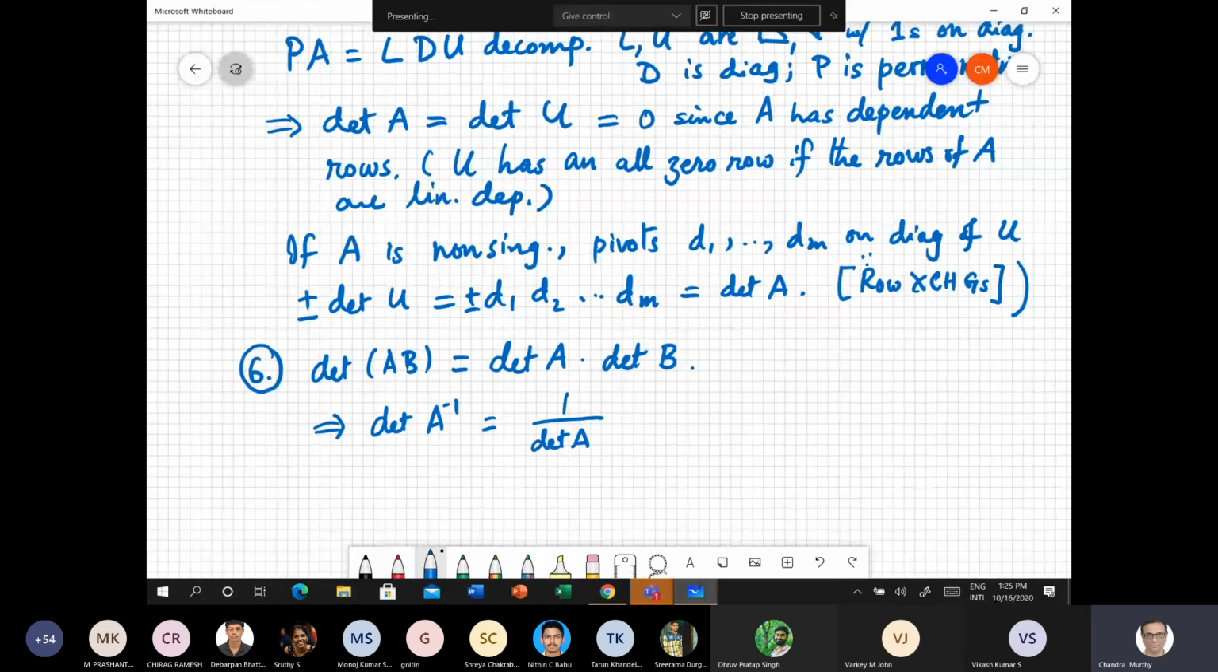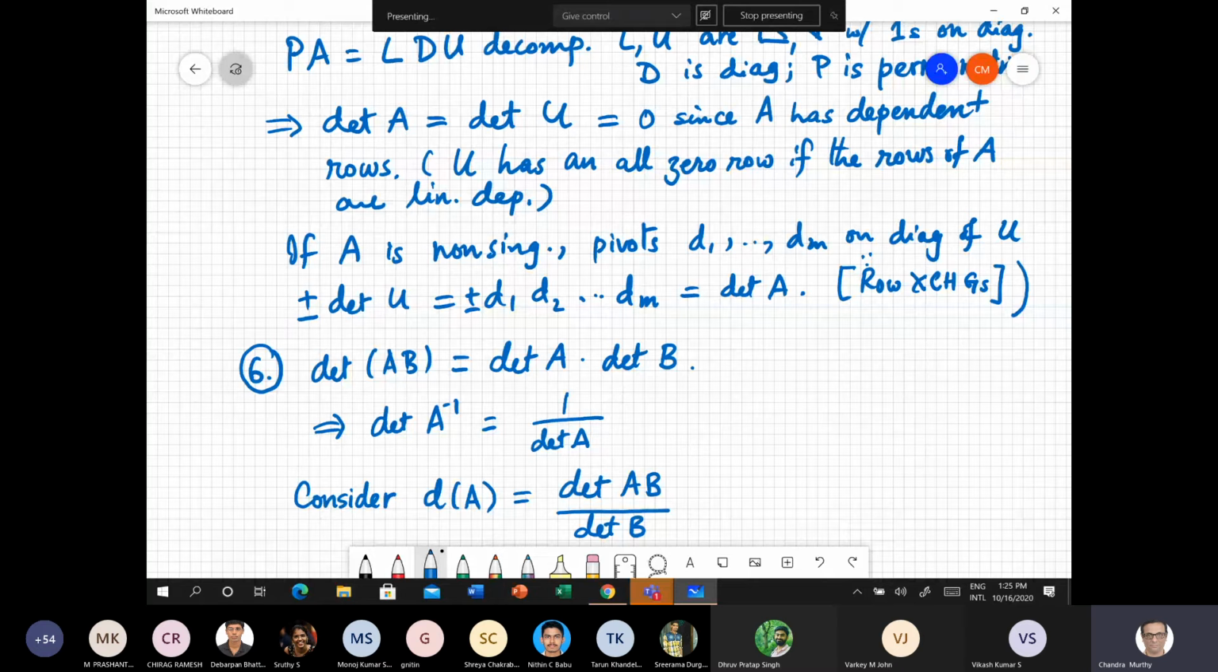I'll give you one proof here. There's another proof in the textbook which you can potentially look up on your own. One simple proof is like this. Consider a function d of A, which I define to be equal to determinant of AB divided by determinant of B. Now I'm assuming here that B is non-singular, so that its determinant is non-zero, but that is okay, because